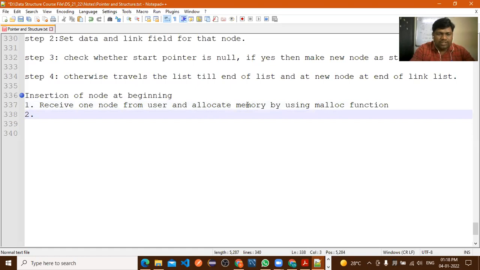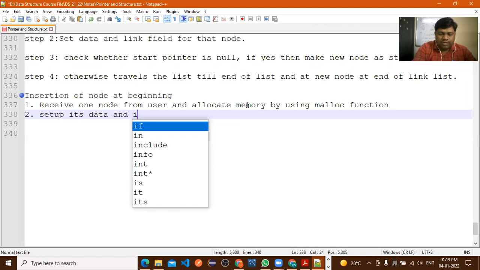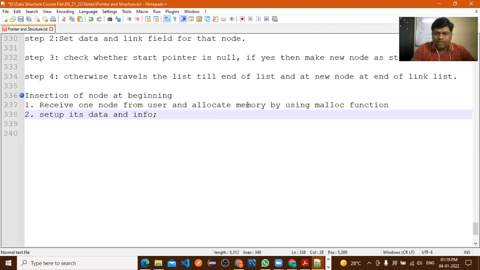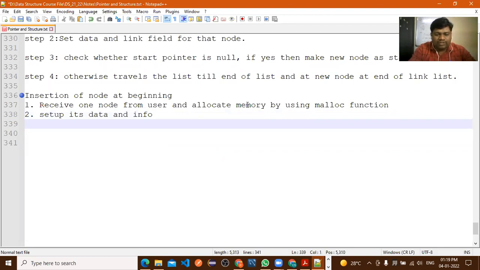Second step is to assign the values of data and info. And third step.